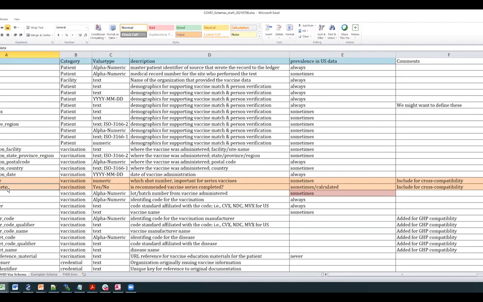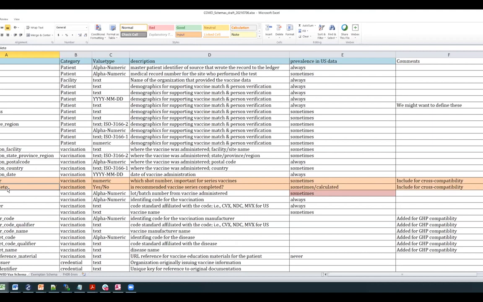Dose number expects that the person who submitted this record knows whether it's the first or the second. They might not know that. And the same is true for series complete. So if they don't know if it's the first or second, then they can't also claim it as the series